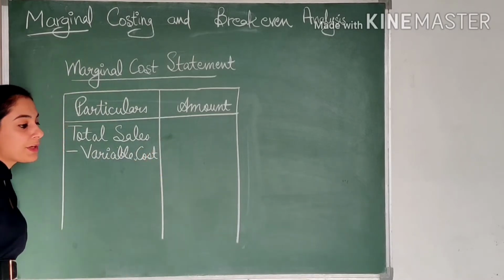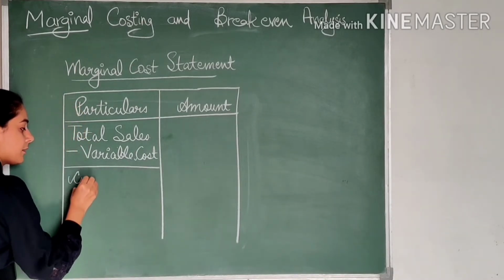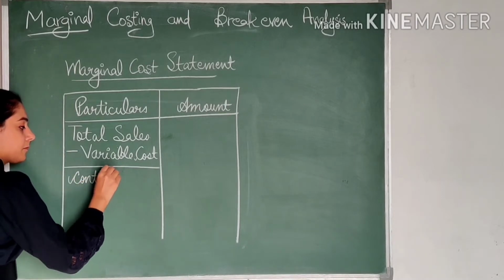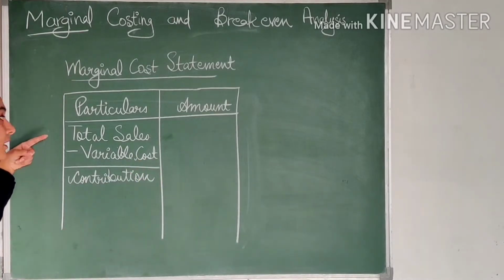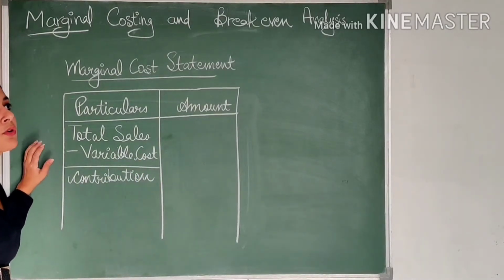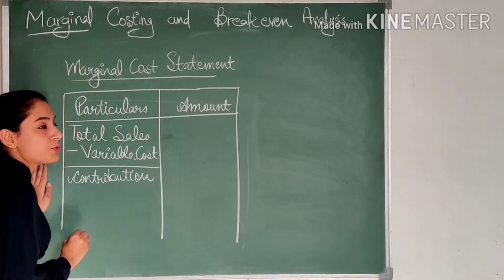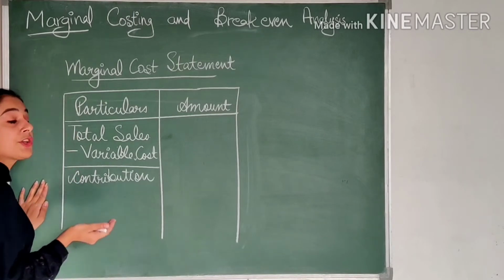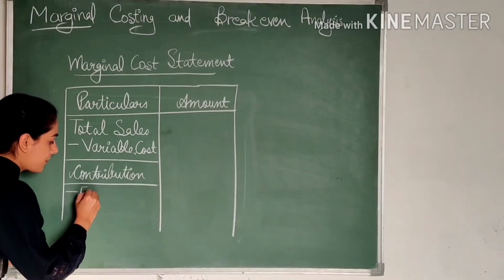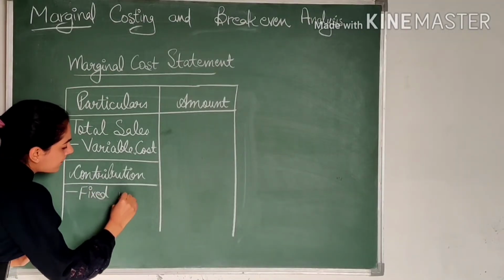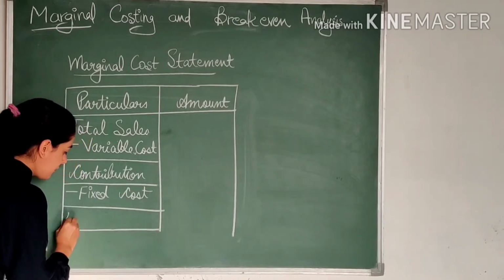Out of total sales, you need to minus the variable cost. The answer which you are going to get in return is known as contribution, right? So basically, after deducting variable cost out of the total sales, the answer you get is contribution. From contribution, you have to further deduct one expense, that is fixed cost. And the answer which you will be getting is profit